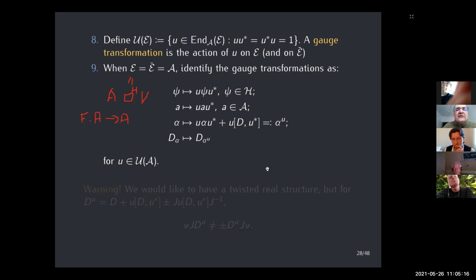Sorry, this is a bad notation because this is your A. I apologize, I should put something else here. Let me call it P, because your A is the fixed point subalgebra. So this was not a good idea. So this is P, and now your A is simply